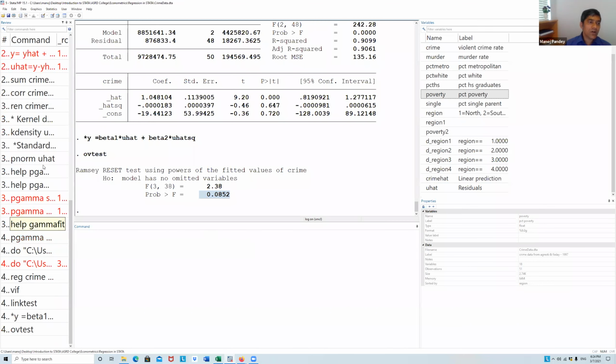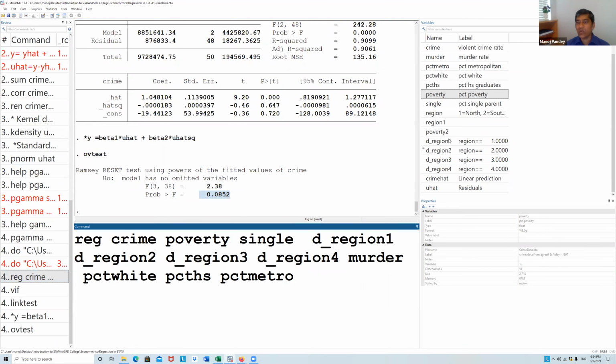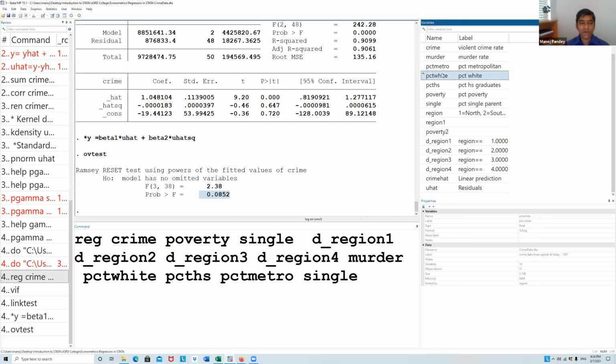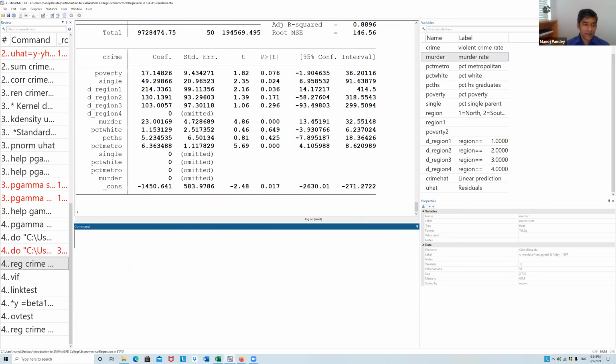So now your job has gone up to a different level, but I'll just ignore this for now, and maybe put in some other variables and see if that problem is solved. If not, then yes, it is getting weaker, but there is still an omitted variable issue here. I'll ignore it because I don't want to solve it now. But in a real situation, you'll have to solve that problem, because models should be well specified and omitted variable bias should be reduced.